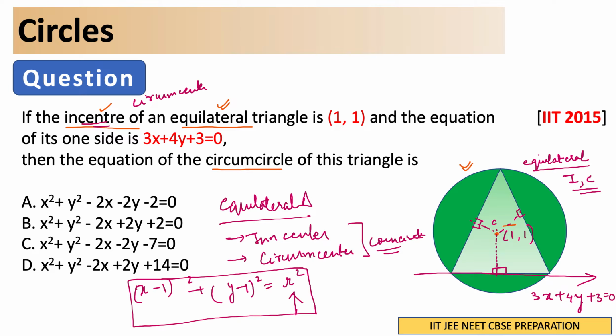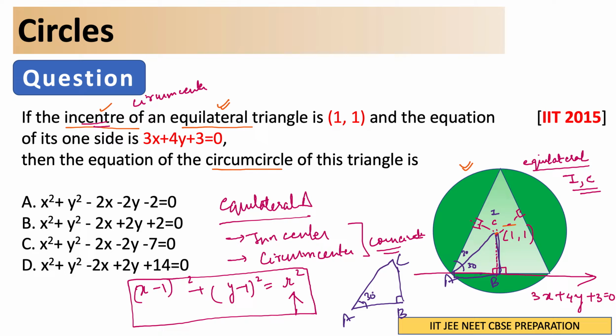So what you can do is this: join this. Since this is an equilateral triangle, this is your angle bisector. The intersection of angle bisectors is the incenter, right? So this is 30 degrees, and this is also 30 degrees. Consider this triangle. Let's mark it as A, B, C. In triangle ABC, you know that this is a right angle triangle. So it's like this, A, B and C, and this angle is 30.